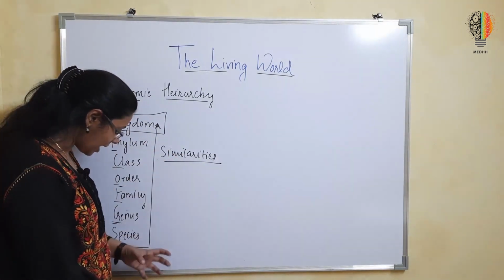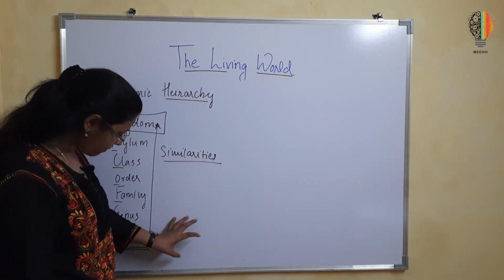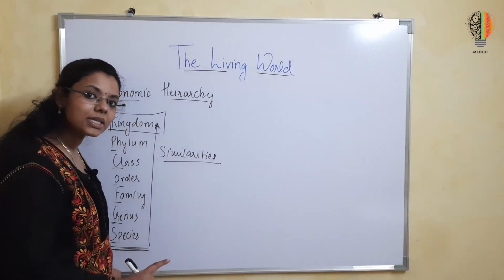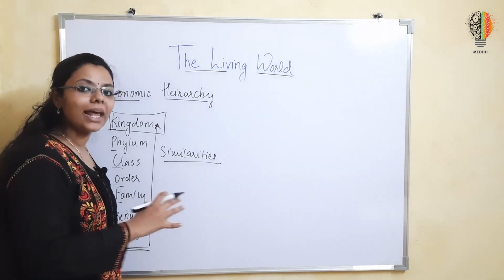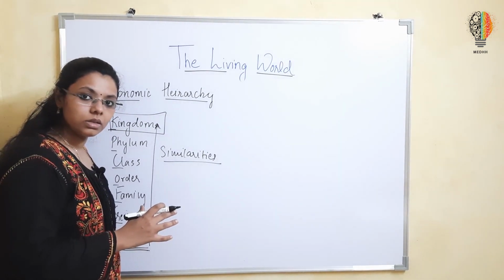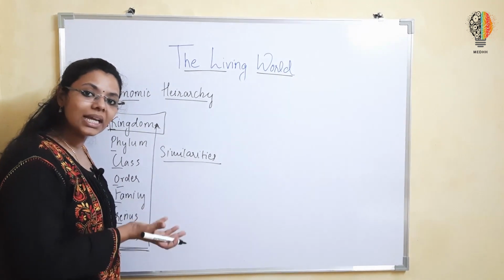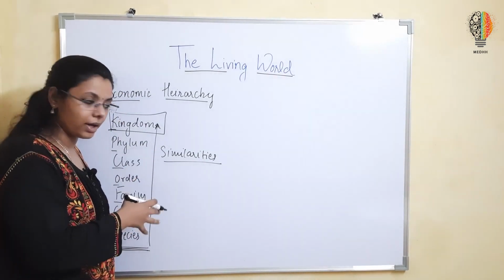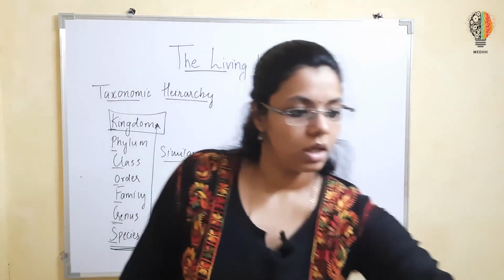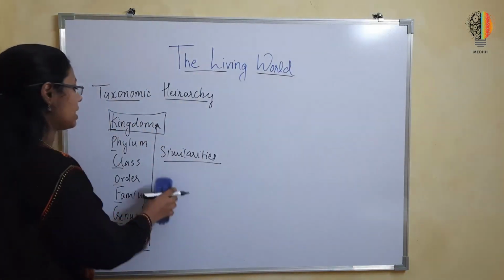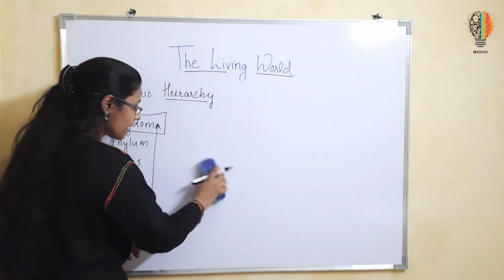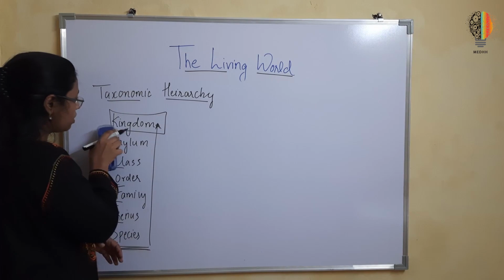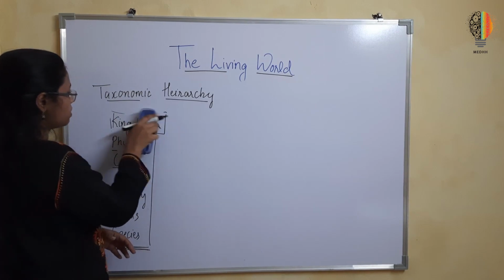The group of animals, or if I say a group of members in a single species, have similar characteristics. So it is easier to study each group of organisms. We'll see in detail while taking an example. Okay, so we'll go in the direction which I just